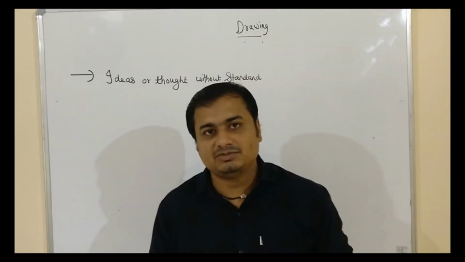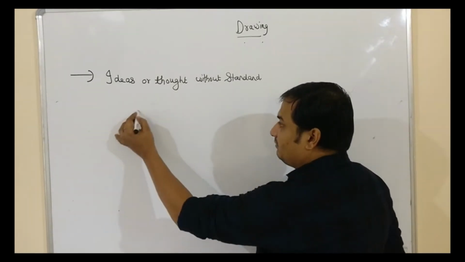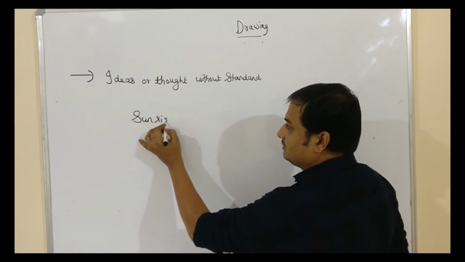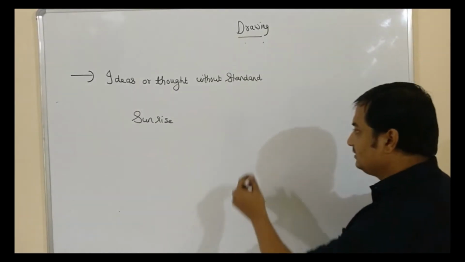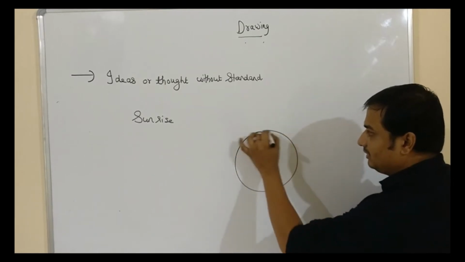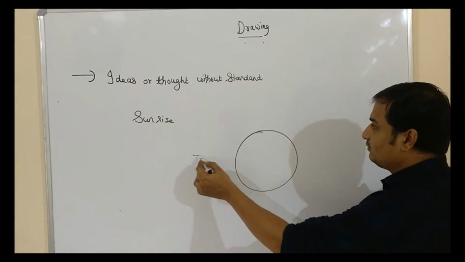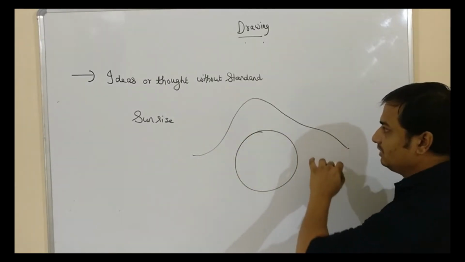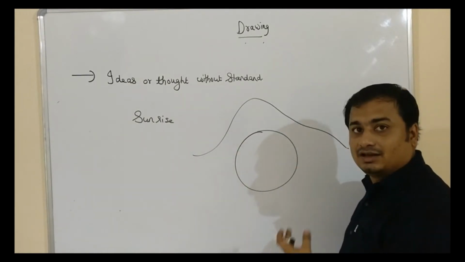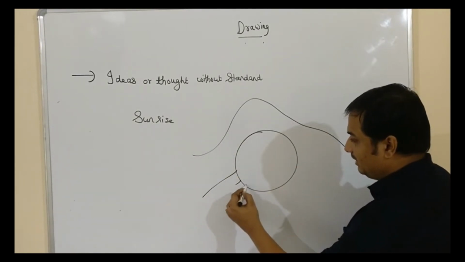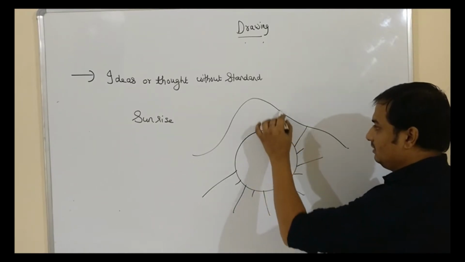In school times we were asked to draw the scenery of a sunrise in the mountain. So what we were supposed to do, we simply represented the sun by using a circle. So we have drawn a circle for representing the sun. Also for the mountain we were using some curve-like features. Also to indicate the rays coming out from the sun, we were using simple lines. So these were the ideas which were coming in our mind.